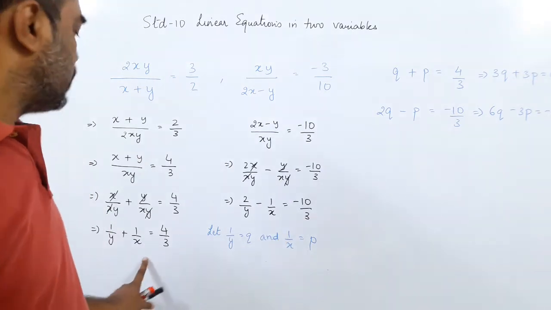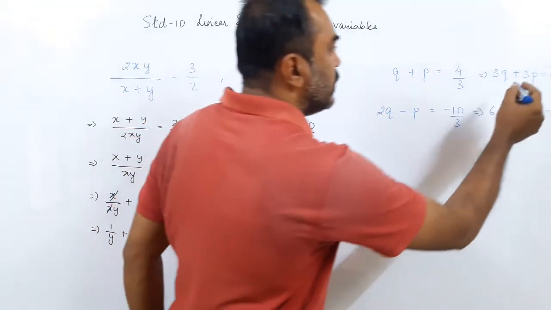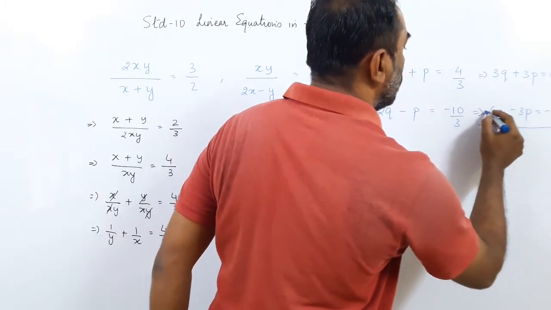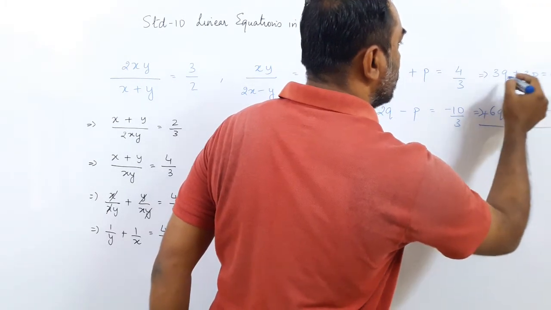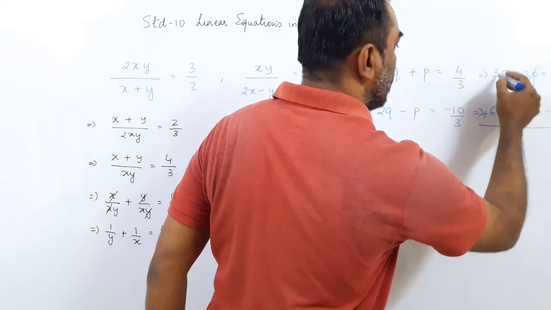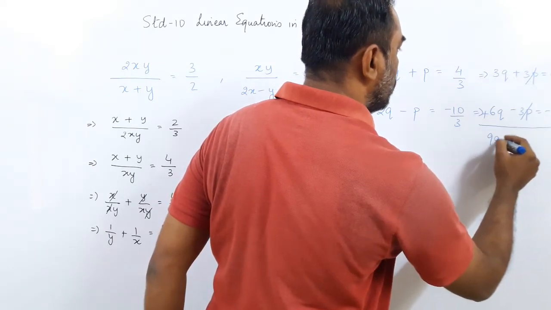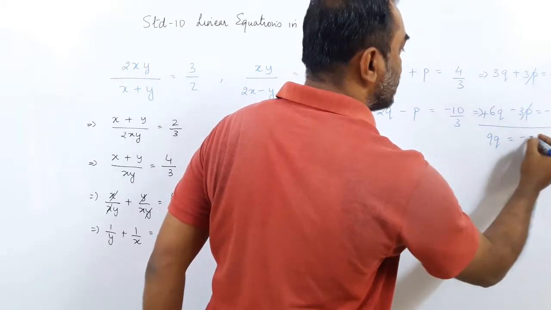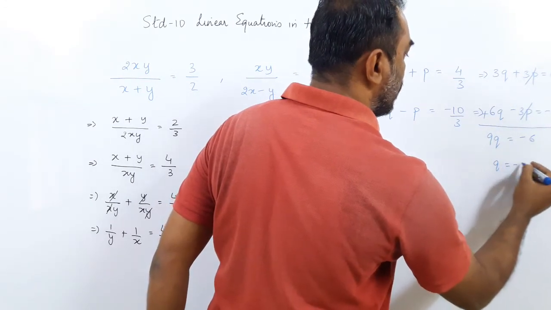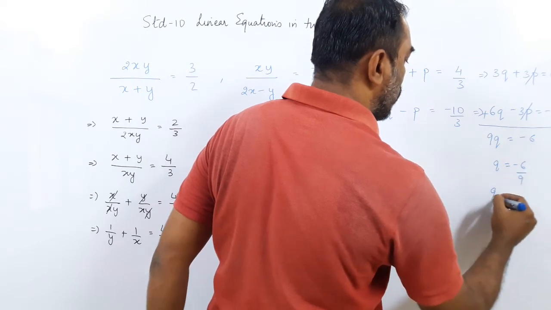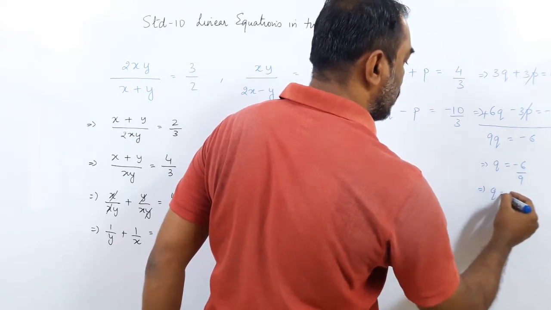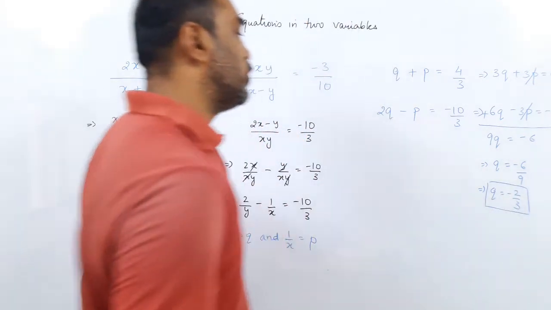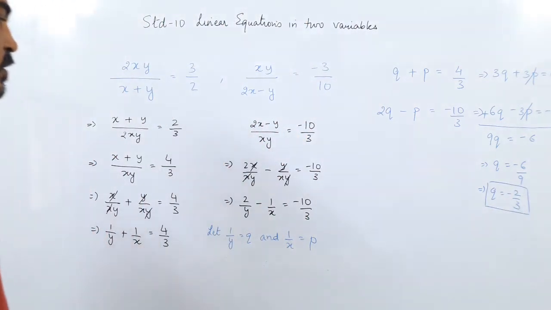So I made this form, and now this is minus 3 plus 3 and minus 3. So I can just add the 2. So I'll just add it. So minus 3p, this gets cut. This becomes 9q. 9q. 3 plus 6, 9q. 4 minus 10 is minus 6. So q equal to minus 6 upon 9, or q is equal to minus 2 upon 3. So the value of q is minus 2 upon 3.